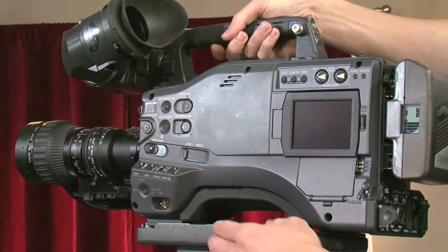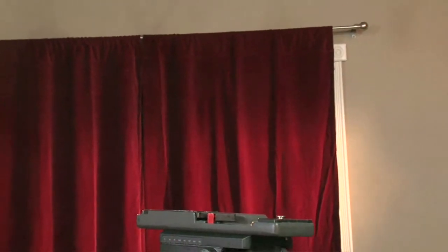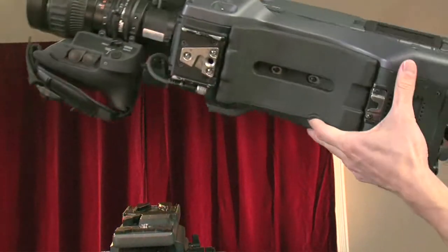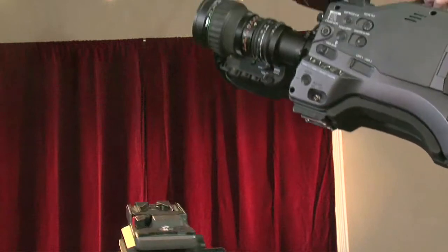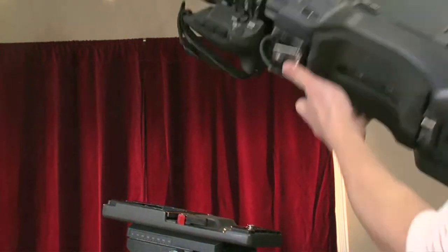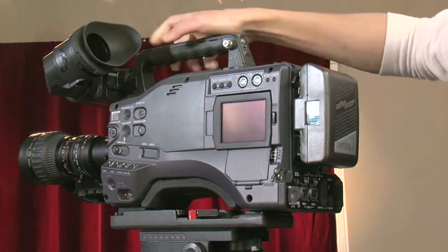The next thing that you're going to notice that's different on these cameras is the tripod plate. The tripod plate is just beefy, and that's what it looks like. The bottom of the camera looks like that. So you're going to want to line up that little V right there with that little V right there, and you just drop it right in there and push it forward, and it'll lock in there